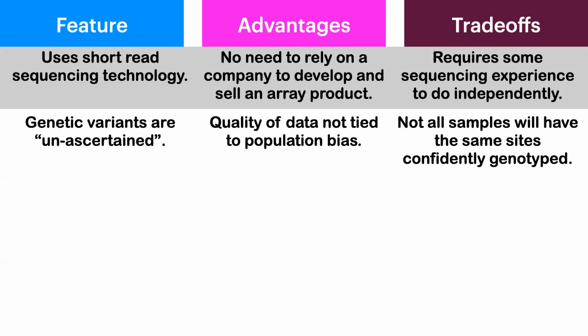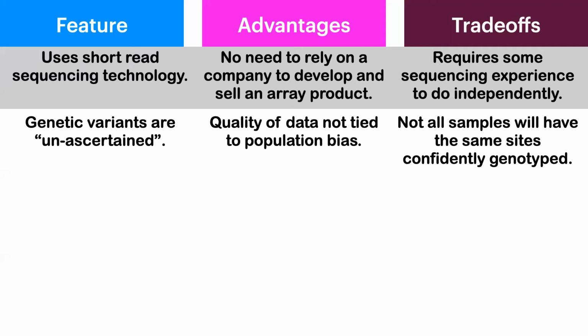In low coverage sequencing, genetic variants are what we call unascertained. You're not predetermining the variants you're looking to discover in your population. You're not saying this is the set of single nucleotide polymorphisms I want to study in the species. They're not determined ahead of time. You have a reference panel that you develop and discover variants from and might use to aid in imputation of low coverage data. But the quality of your data is not tied to some population bias that you predetermine